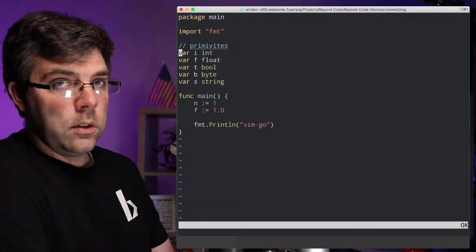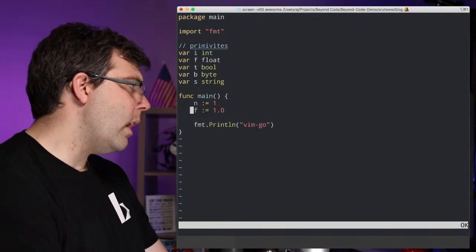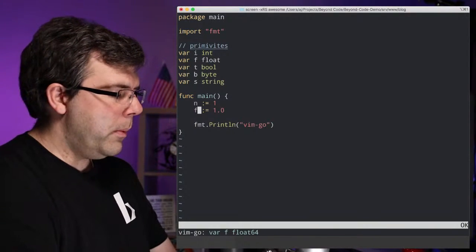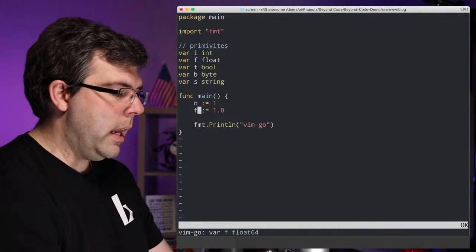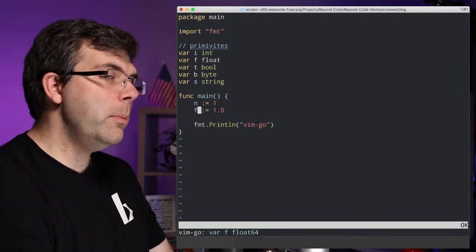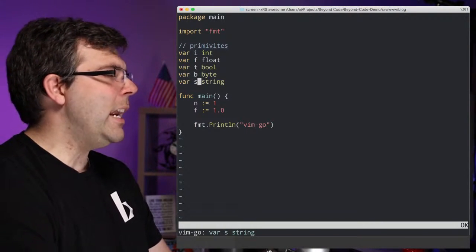Although this feature works with collection types as well. All right, so we got our primitives. And then what we want to talk about first is new types. A new type is when you take, often, a primitive, but it could be another type that you created. But you just create a new type